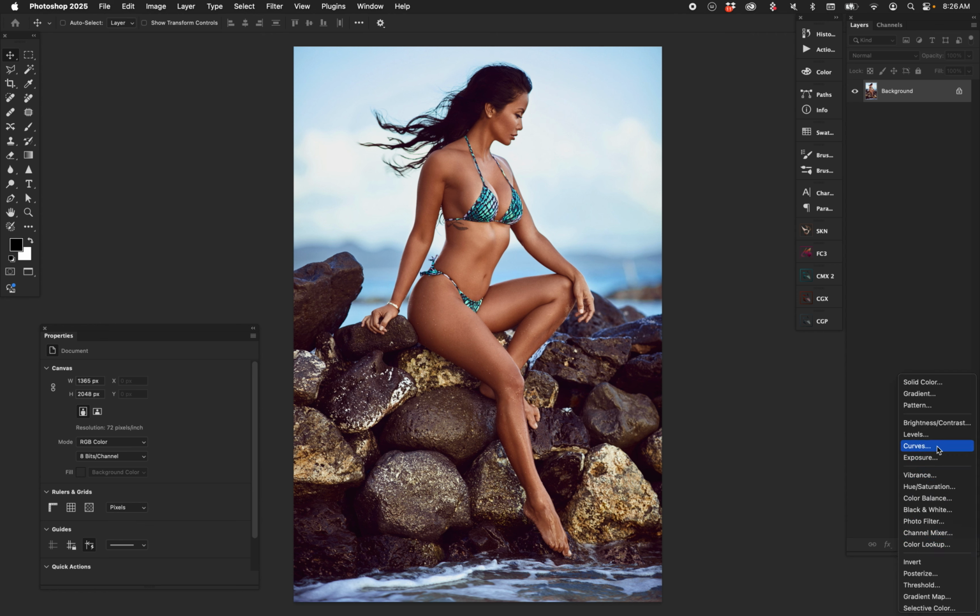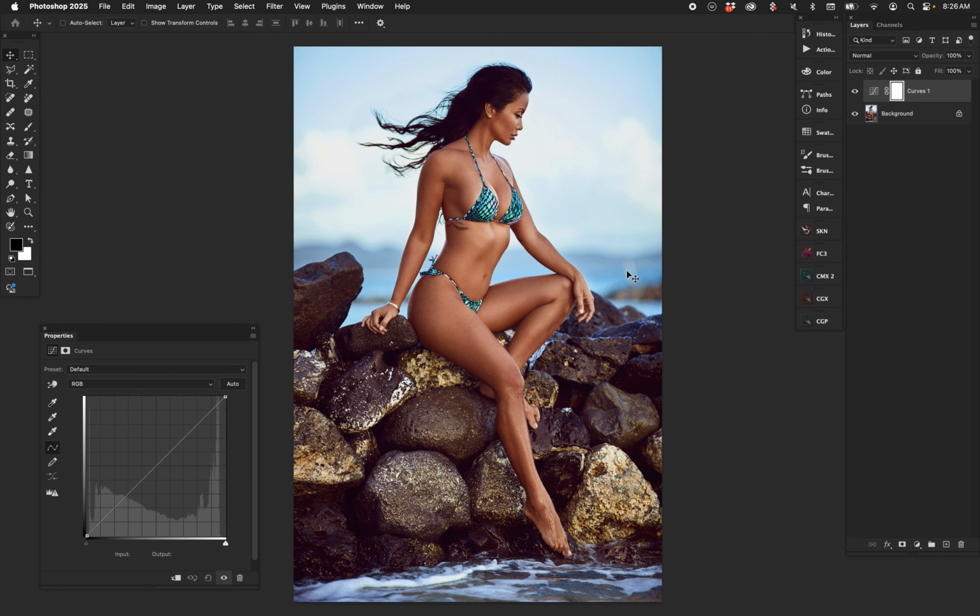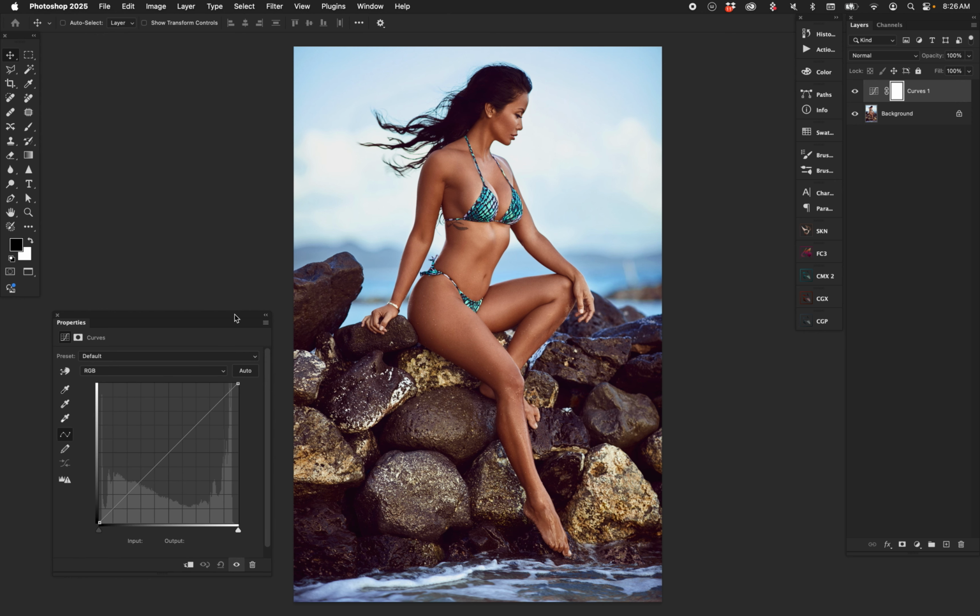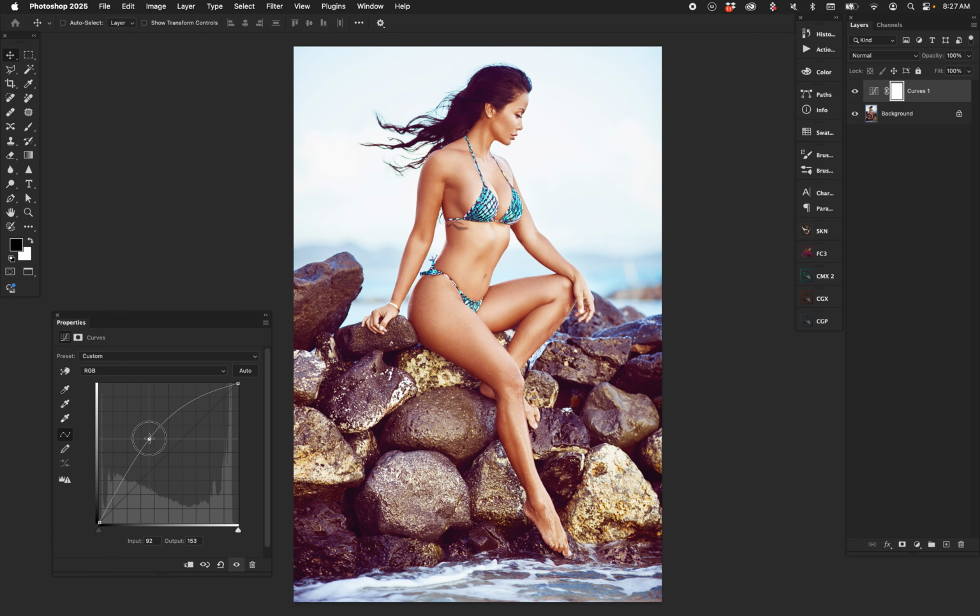So first and foremost, let's go ahead and put out a curves layer. That's what we're going to use to brighten our highlights. We're going to have another curves layer to darken our shadows. But there are some key things. One reason why we're using curves is because we want to minimize the likelihood of blowing out our highlights, in other words, getting pure white pixels. We don't want that. If we use levels, we can get a similar result, but we run the risk of overblowing our pixels. Now, you can do that in curves too. Don't get me wrong, you can make a mess with curves, but it's a little bit more of a safeguard because you have the curve. So when you pull up for your highlights, we're not really getting any blown out white pixels. Yes, you can overdo it,